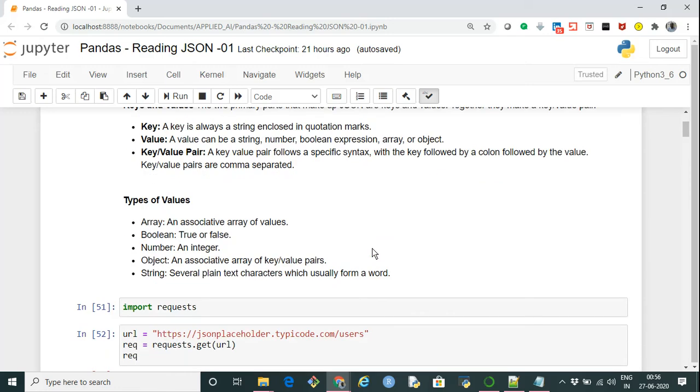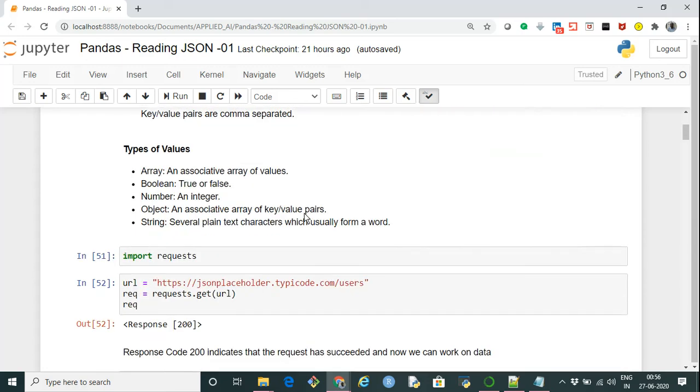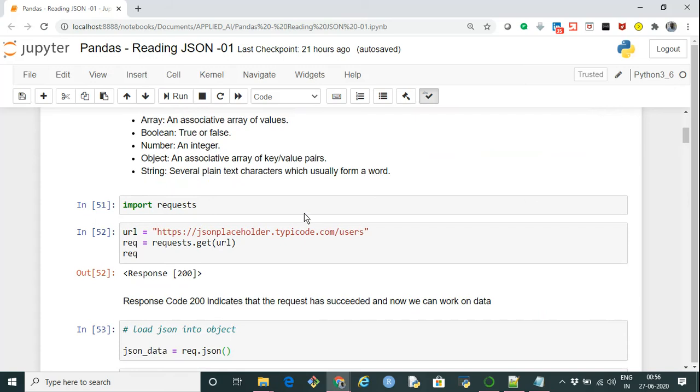The value can be in the form of an array, like a list. It can be a Boolean, true or false. It can be a number. It can be another object which is itself a key value pair, or it can be a string, just like a normal string. So what we are going to do is read data from a site, and we will explore further on it.